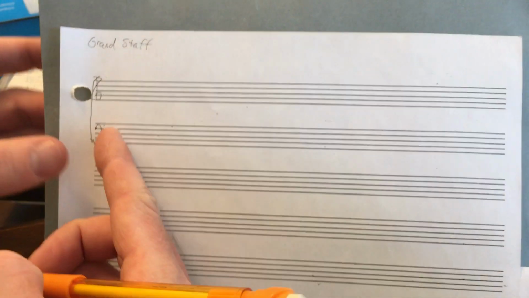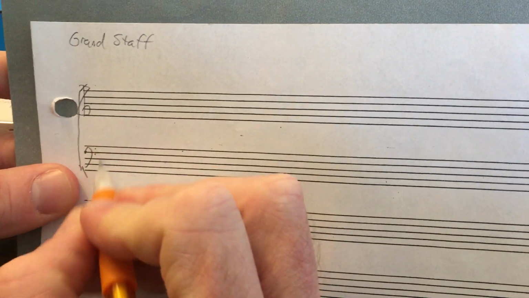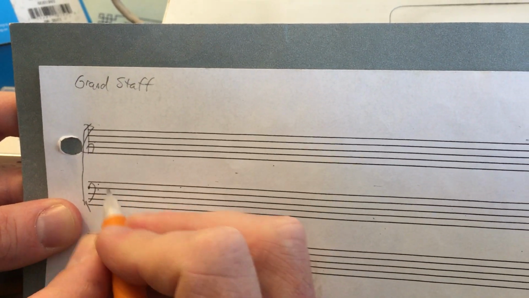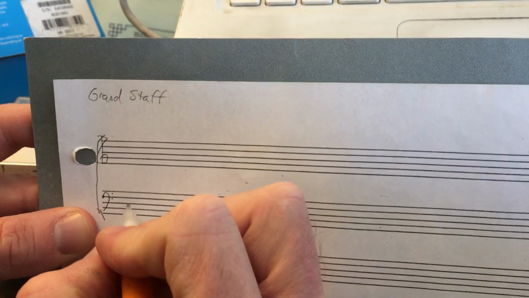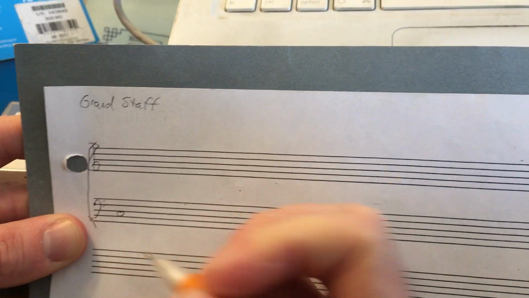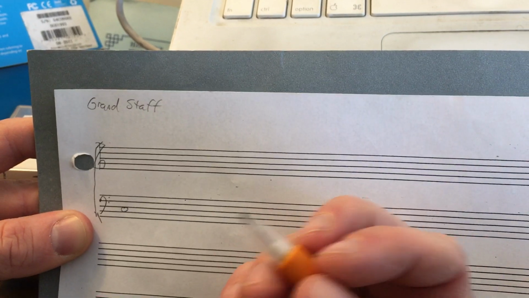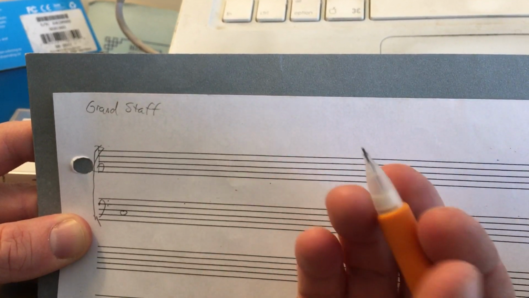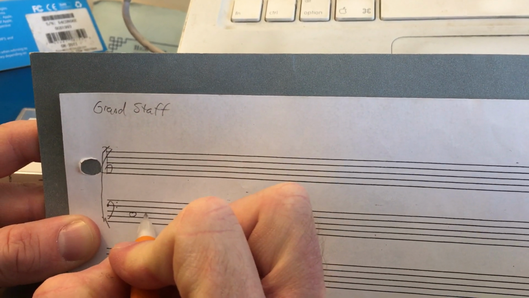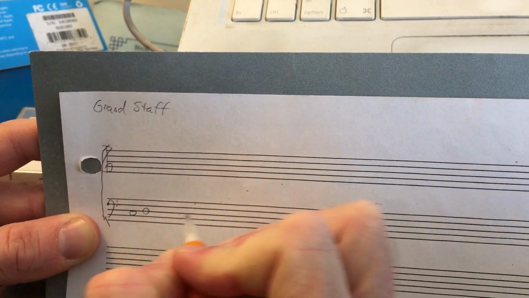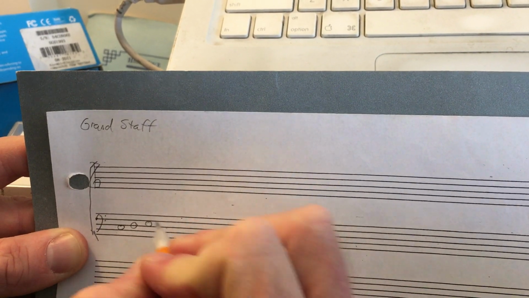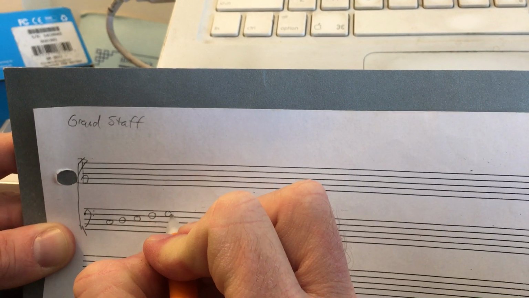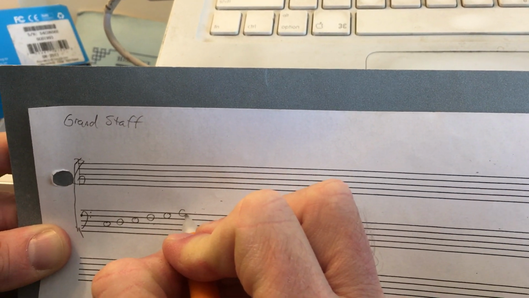So I'm going to start with the C major scale in the bass clef. Lines and spaces in bass clef are G, B, D, F, A on the lines, A, C, E, G in the spaces, so C is right there. C major scale has no sharps and no flats. We know this, so I could do whole step, half step, whole step, whole step, whole step, half step, but I don't have to. So C, up a whole step from there, is going to be D on the line, then E in the space, then F on the line, then G in the space, then A on the line,